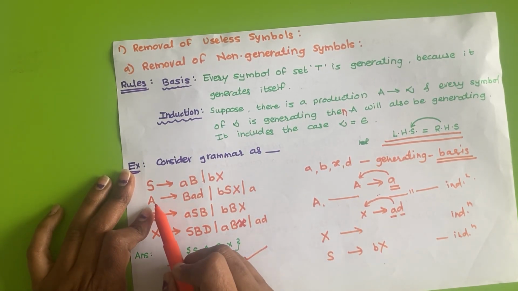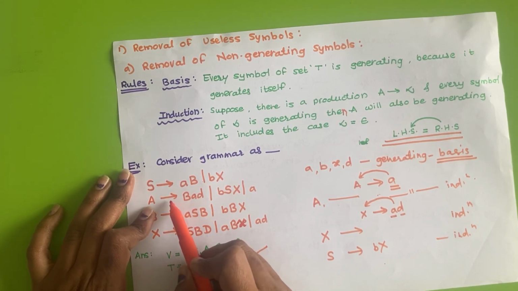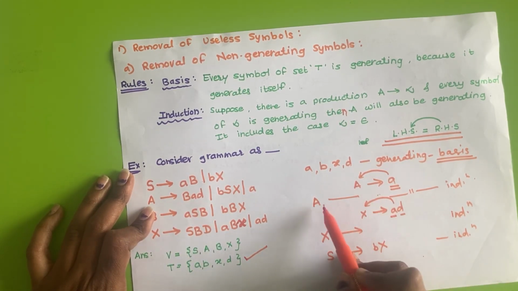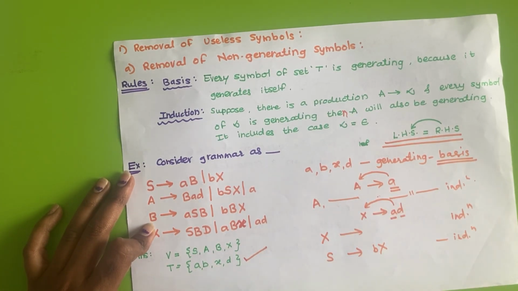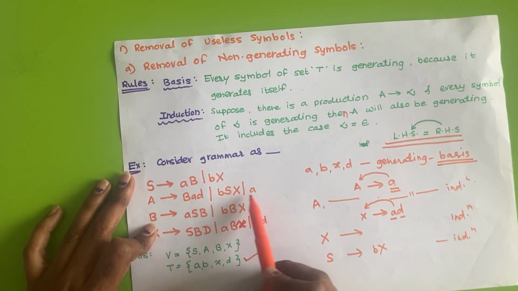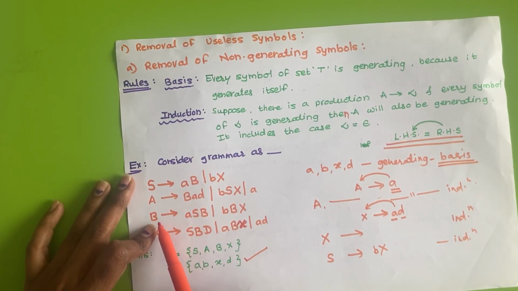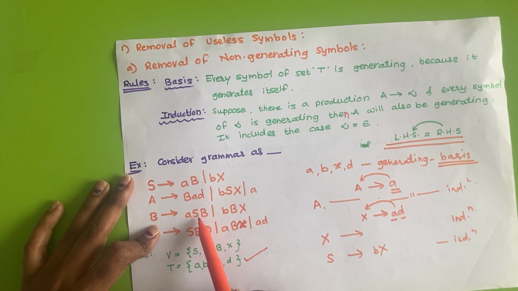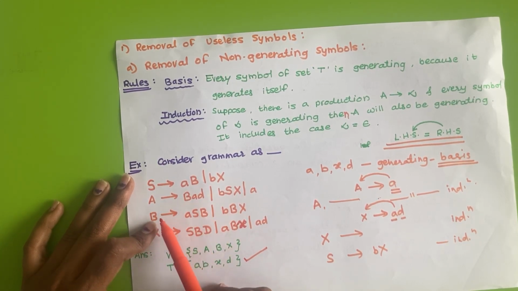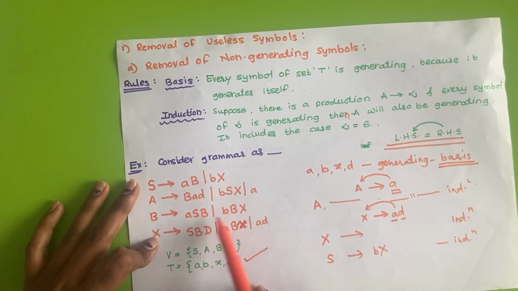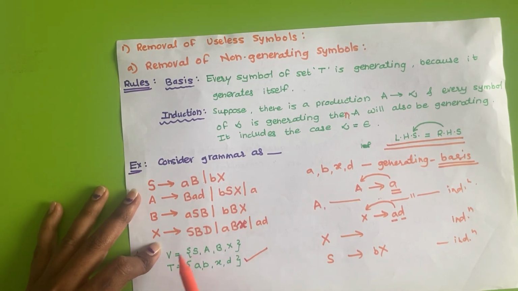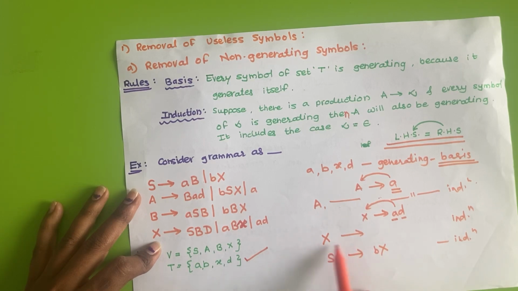Now next we will observe for A. A tends to small a is already done; last time A is generating according to the induction, so we don't need to try for these productions. Now next, B tends to BSB. Again B is represented in terms of B, so we cannot say that B is generating. Again here the same is the case, B is in terms of capital B only. Now X is also already a generating symbol.